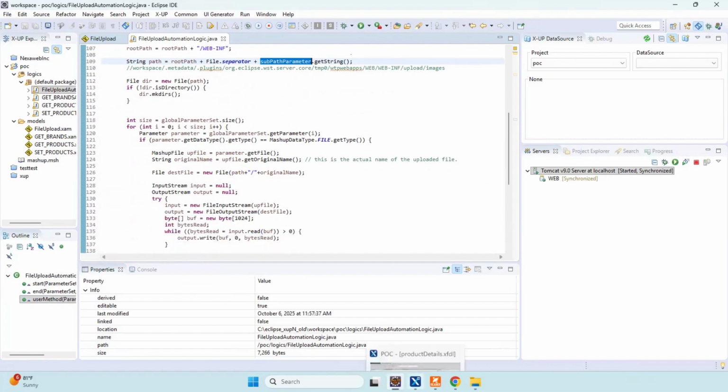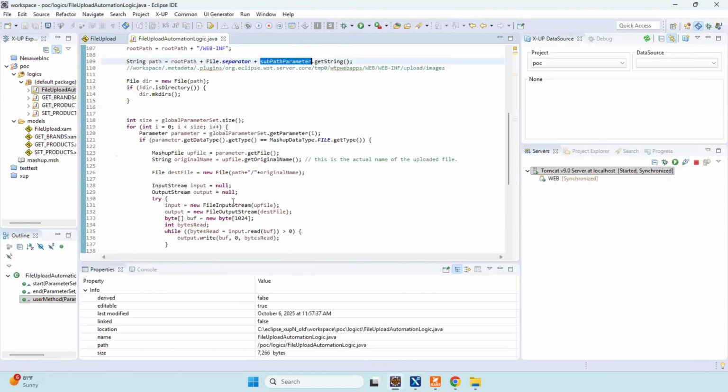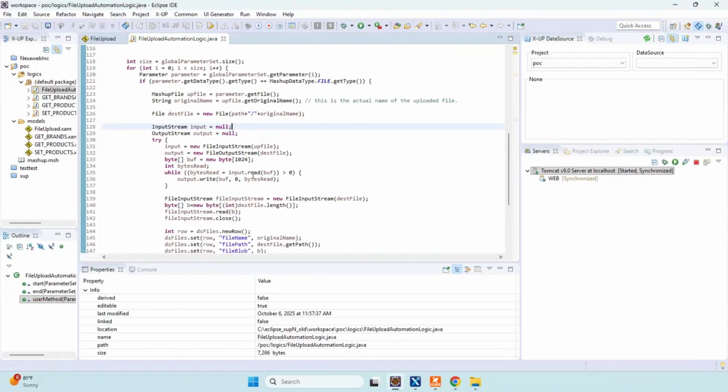So when we called file up transfer upload, file up transfer has a file list. So we are sending all the file list from the file up transfer. So that is what we receive here in the parameter.